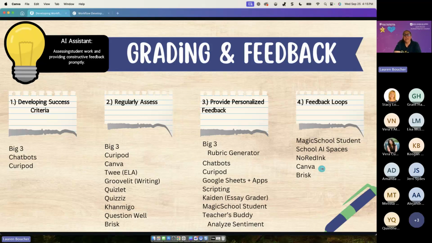And then Canva, if you have not looked at it, it's not a learning management system, but you can assign templates and assign lessons to your students right within Canva. The students can submit right within Canva, and then you can provide feedback, and you can return work as many times back and forth as you need to until you're ready to accept a final draft. At that point, the student loses edit access, you provide a grade and move on. And then Brisk Teaching, again, will allow you to have those conversations with your students.